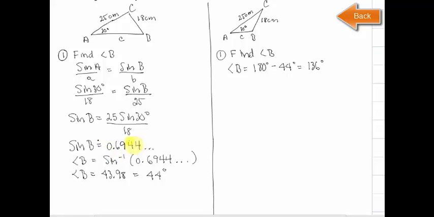Now, the other way you can work this out is to remember that because your sine ratio is positive, and using CAST, you know that sine is positive in the first quadrant as well as the second. So if you have an angle in the first quadrant that has a reference angle of 44 degrees, which is our first angle for angle B, right? And you were to draw that in the second quadrant,